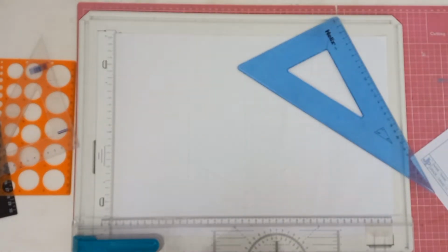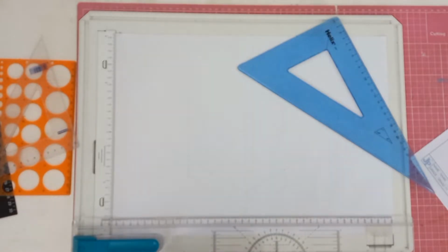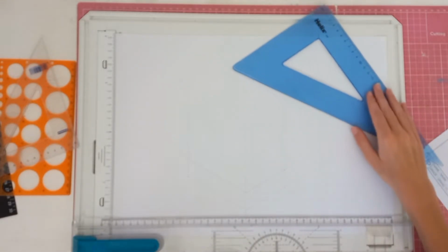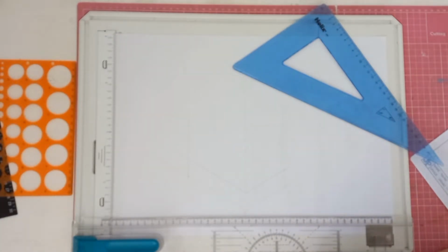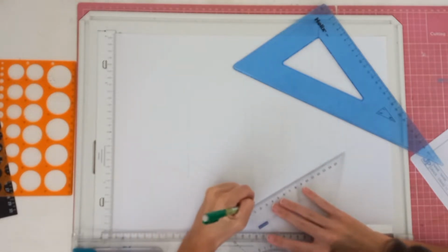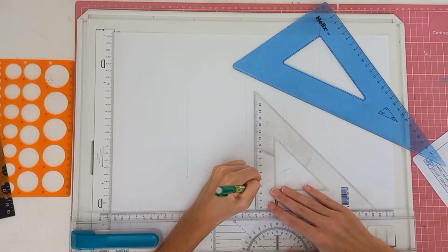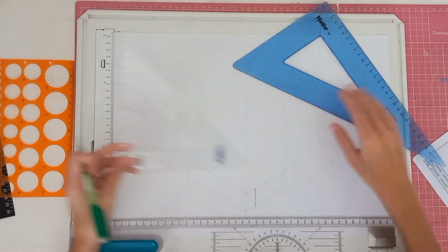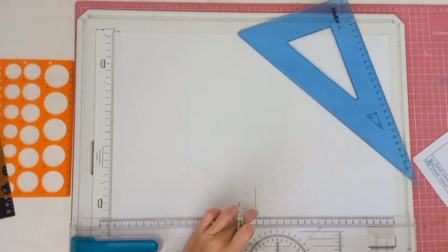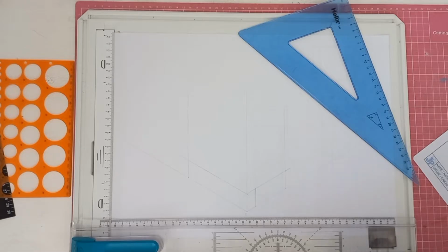Okay, so now we're going to start with this side over here because it seems that a lot of people are struggling to get this sort of section in here, and I'll show you what I mean in a little bit now. So the first thing you're going to do is you're going to take the measurement of 15, which will be at this point here, and then you're going to draw a line going up. You can make it solid just like that, and then what you're going to do is from that solid line where it touches the line over here, you're going to grab a measurement of 22,